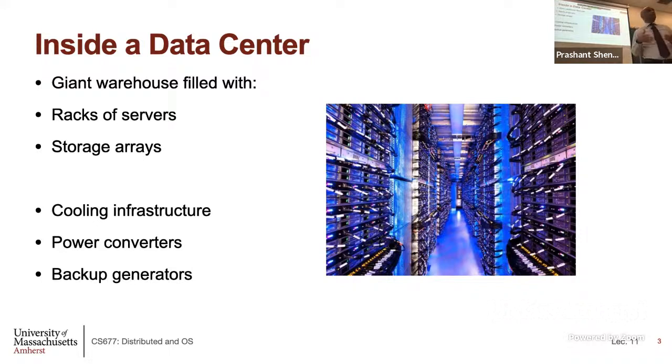Now many of these servers have GPUs in them. Okay, for machine learning type workloads, the GPUs generate even more heat than normal regular servers that only have CPUs in them. So a lot of cooling infrastructure, a lot of power infrastructure, and if your machines are running anything critical, you need backup infrastructure like backup power generators, so that if the power goes out from the electric grid, you can still keep running all your servers.